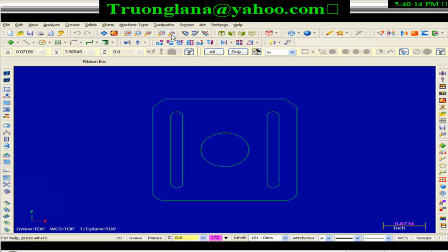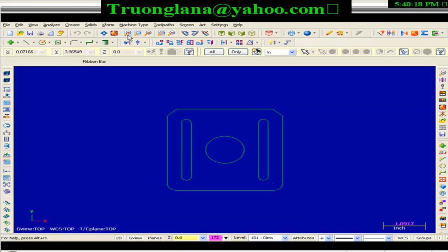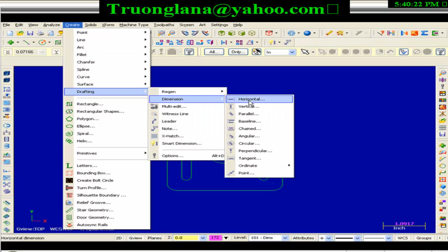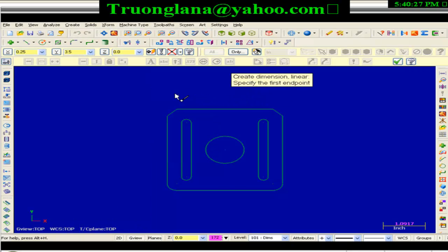Now first I'm just going to move on up to the top of the screen. I'm going to do an unzoom 0.8. Let's get back into Create, Drafting, Dimension, and I'm going to click the number 1 on the list here, Horizontal. Now the ribbon bar appears, but none of the options are active yet, and I'm prompted to specify the first